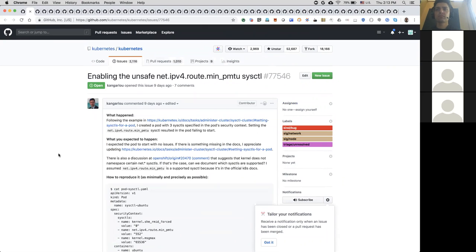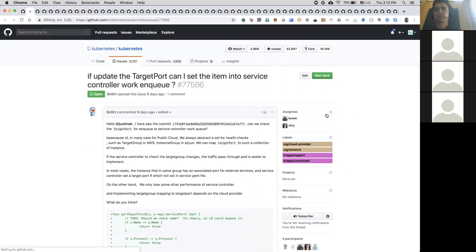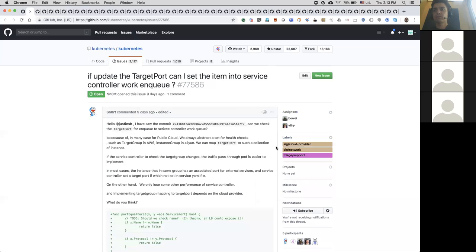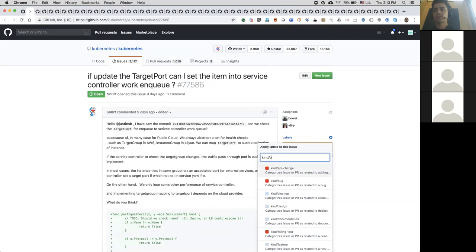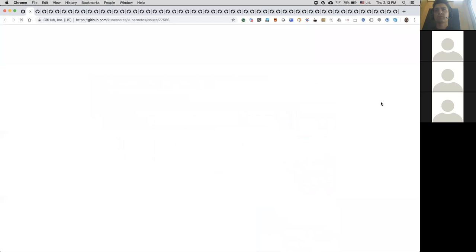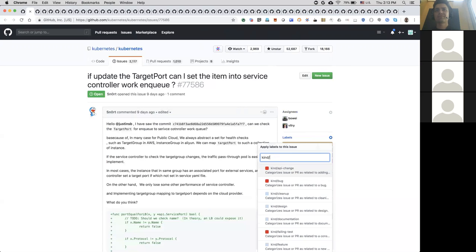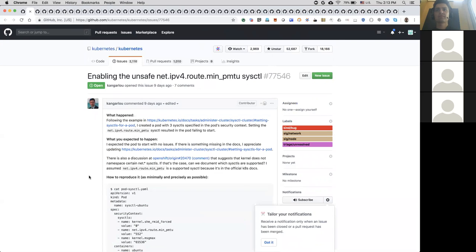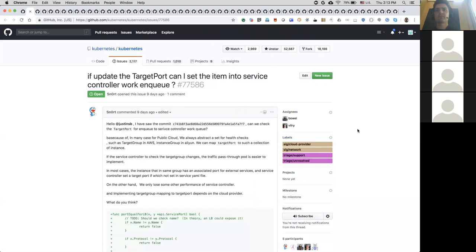Okay. Can you take the unresolved label off of it? Well, it doesn't have a kind yet, right? Usually, if you have just support, that's fine. It's not necessarily a bug, unless Ollie says it's a bug. Well, he sent me a fix, so I'm assuming it's a bug. We can remove it later. Okay. All right. But also get rid of SIG node. It's nothing to do with node. We sent them one and we take one away. Okay. Bug, yeah. Okay.